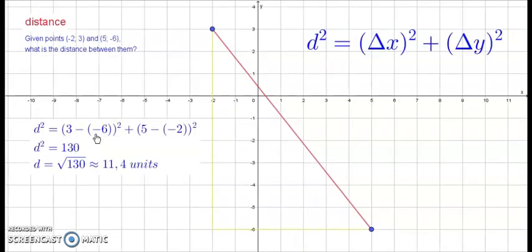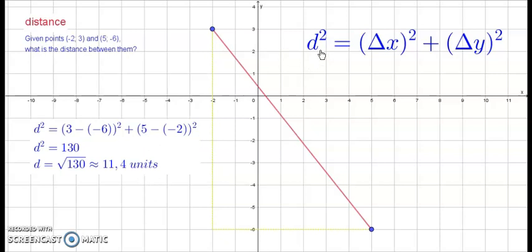Alright, so we'd have 9 squared, so 81, plus 7 squared, which is 49. That gives me 130. And the square root of 130 is roughly 11,4 units. If you're asked to leave it in surd form, so that would be in this form, where you still have the radical sign, and you wouldn't have to work out a rounded answer. Right, so that's the long and the short of how you'd find the distance between 2 points on the Cartesian